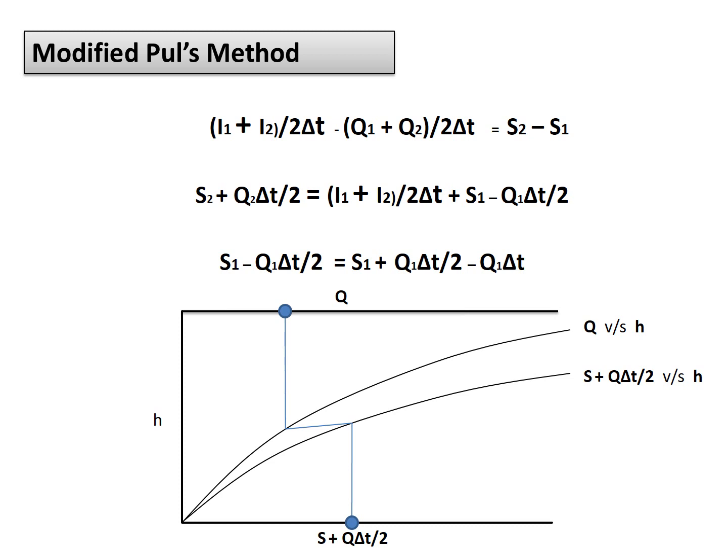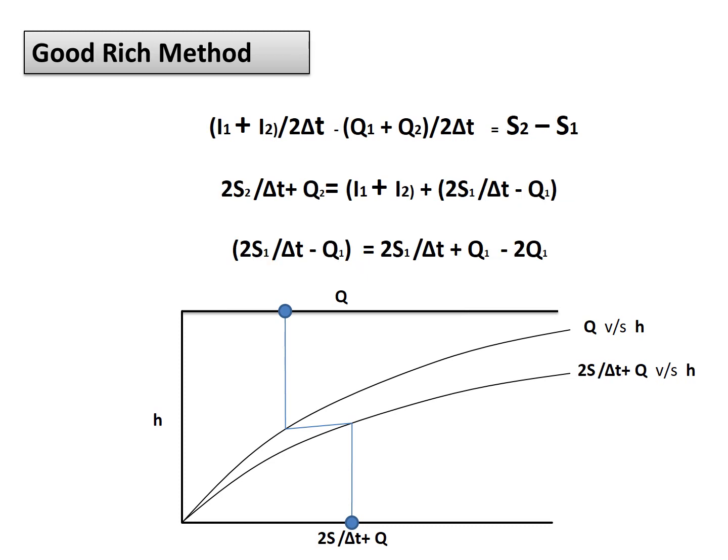Ultimately we can calculate the Q for the corresponding value. And we know that if we have the value of S1 plus Q1 del T by 2, we subtract the value of Q1 del T. Del T we have known, and Q we have calculated by using this graph. So we can calculate S1 minus Q1 del T by 2, and ultimately we will get S2 plus Q2 del T by 2. So this is one approach to determining these parameters.